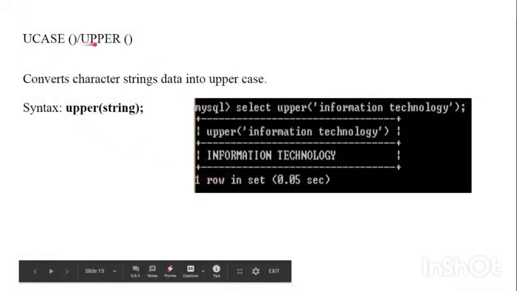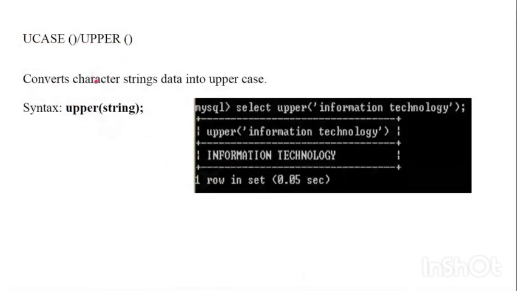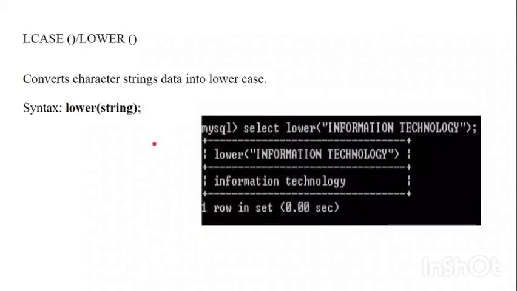So UCASE or upper function converts character string data into uppercase. The syntax is upper of string. So we can write select upper of information technology. It will convert the small case letters into uppercase, so information technology in small letters is converted to capital letters.